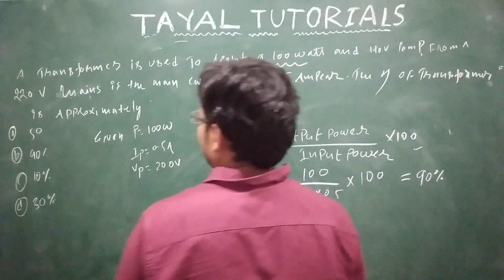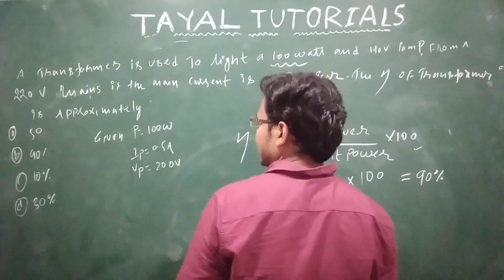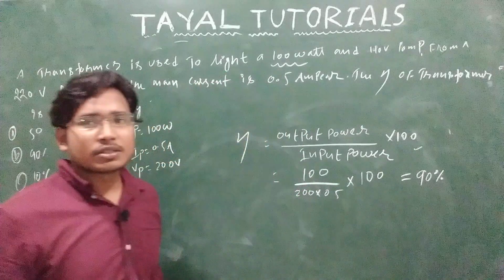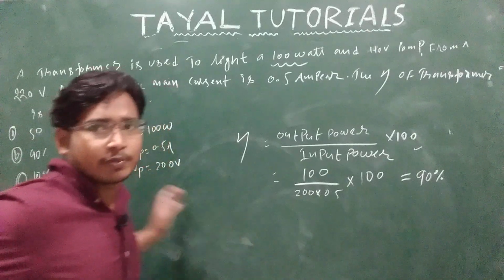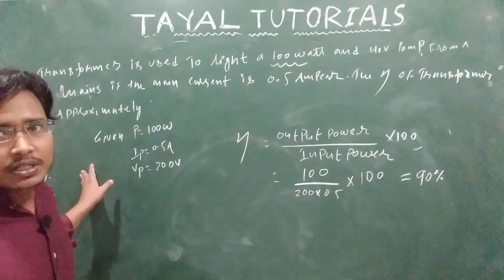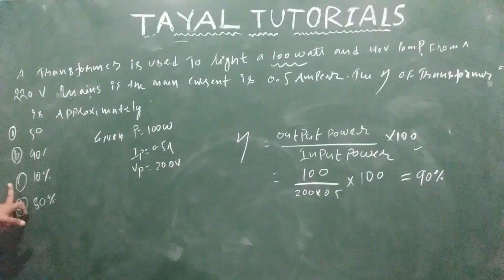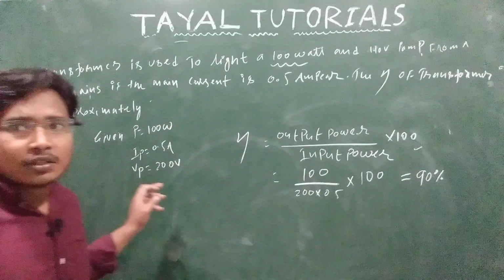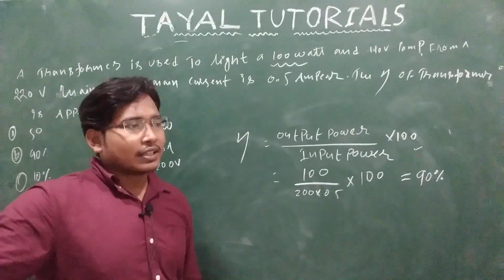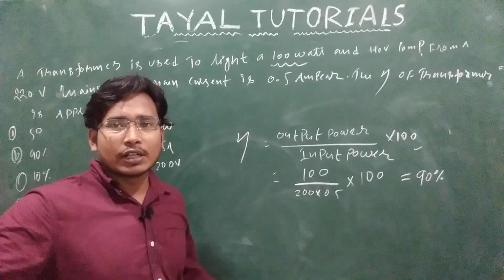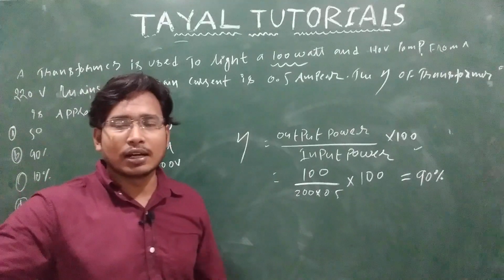You can simply see that option C and option D, there is no use of those options. That much of cost a person will spend to manufacture a transformer to get this much of efficiency, 10%. This option is meaningless, I think. Lakhs of rupees they are investing for a transformer to get the electrical energy at an efficiency of 10%. It's not possible. The ideal efficiency is more than 90% are acceptable.